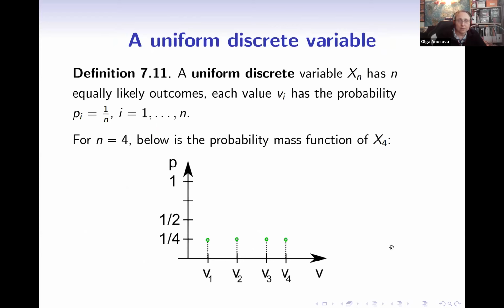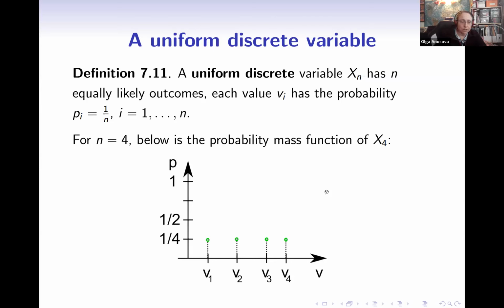So let's define some simple variables. The first simplest one is the uniform discrete variable. And that's exactly what we get if we throw a coin or a dice. A uniform discrete variable just has equally likely outcomes with the same probability. The first attempt to define this discrete variable was just from the probabilities, or the so-called probability mass function. And here is just a plot for the case of n equal to 4.